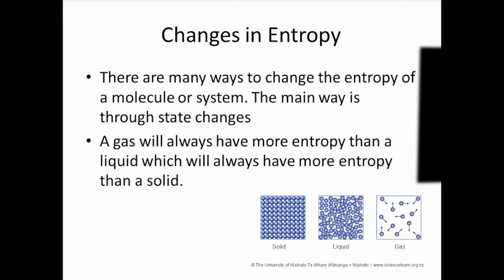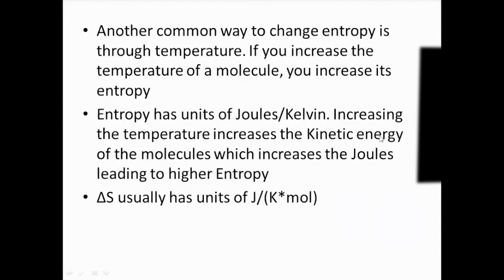A liquid is more packed together than a gas. Because of this, there are many fewer potential locations, states, and positions it could be in, and that decreases the entropy of a liquid as compared to a gas. A solid is very rigid to the point where the molecules can't even move. They can only vibrate or rotate. Because of this, the entropy of a solid is very, very low because there are very, very few potential positions and locations each molecule can occupy.